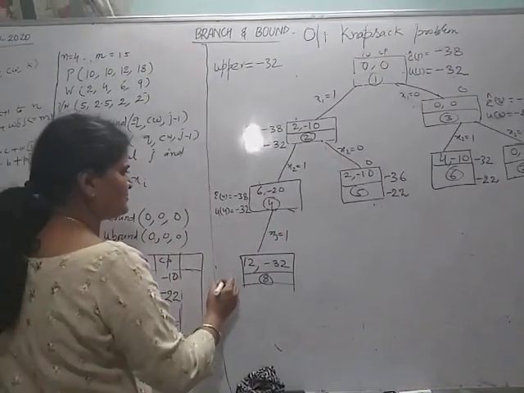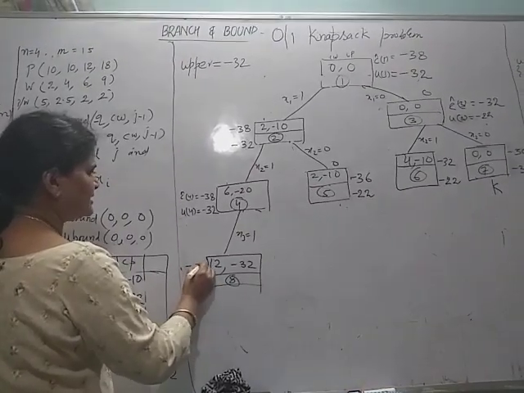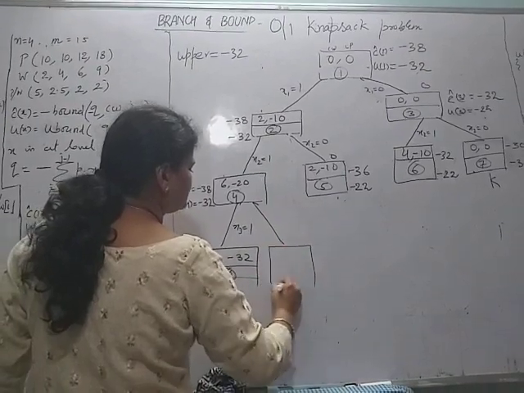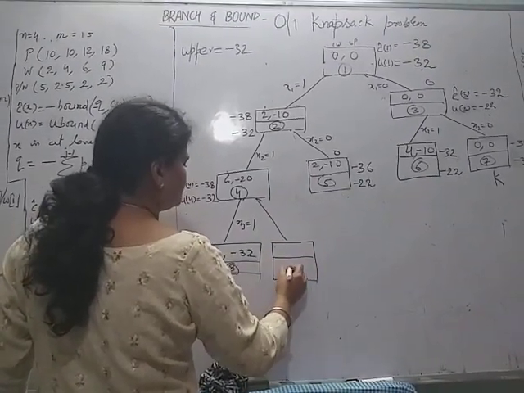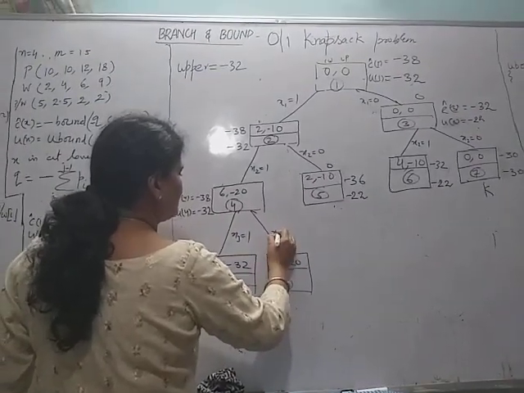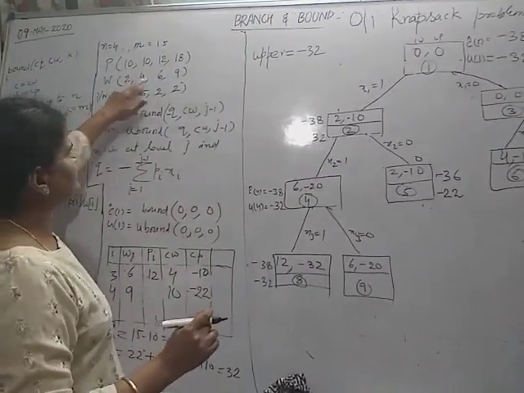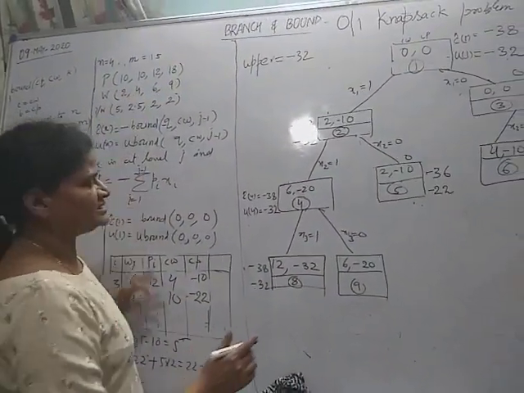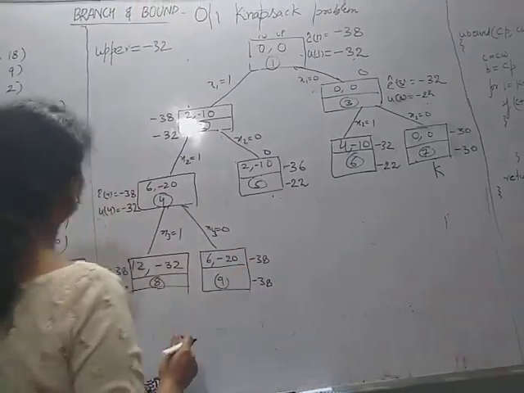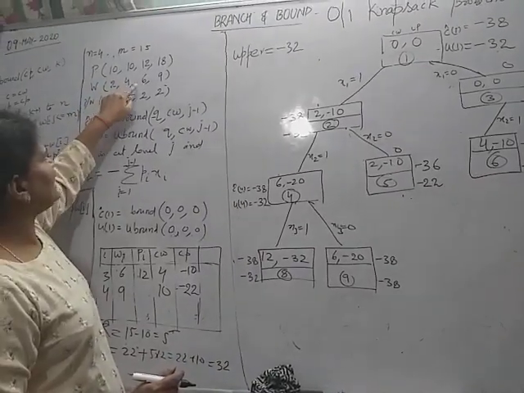So that's the same, you get minus 32 and minus 38. Here I have computed this previously also. 9, 6 and minus 20, x3 equal to 0. When x3 equal to 0, 6 and 15, so this is minus 38 and minus 38. You can check it.